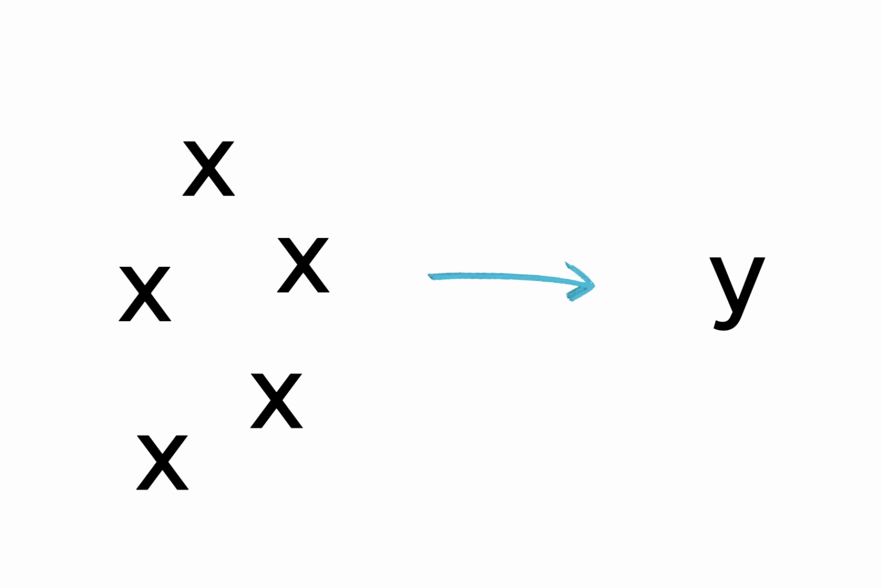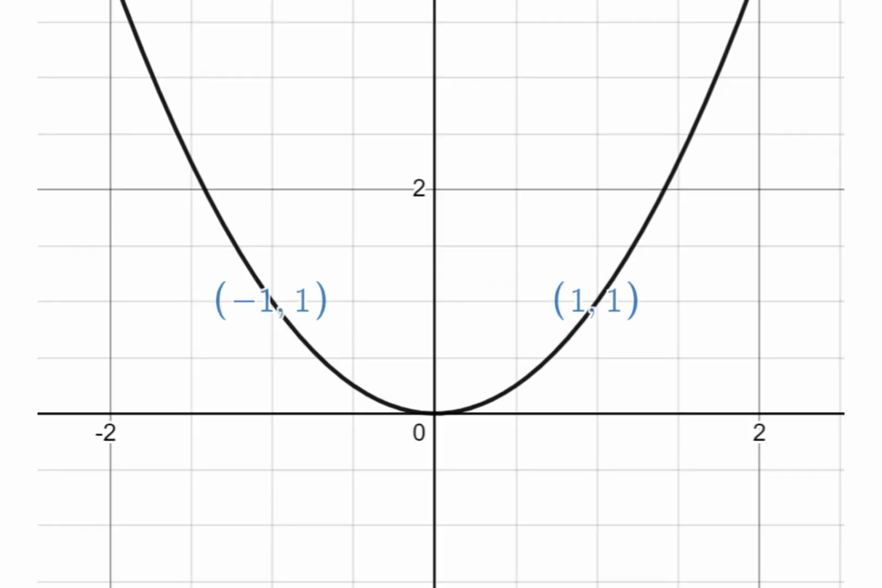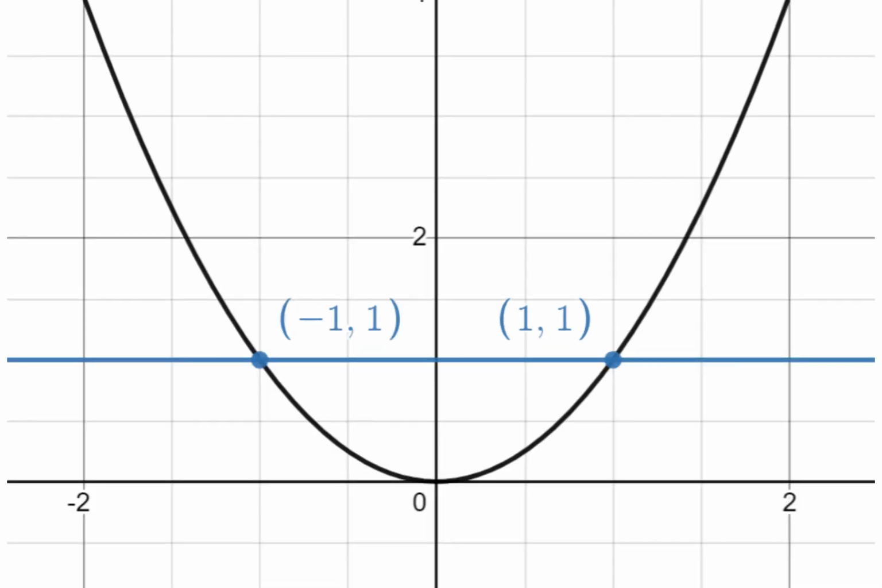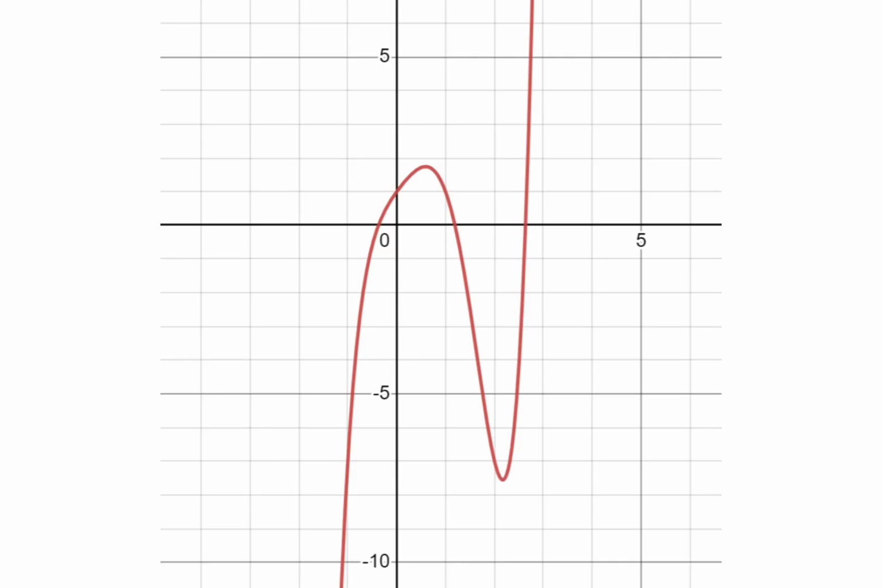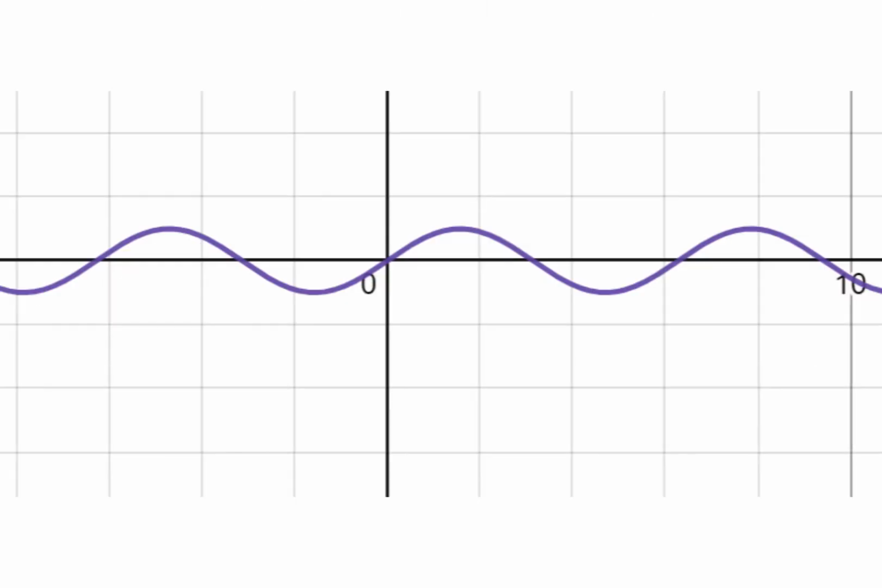Some functions can have multiple inputs for a single output. You might have seen the graph y equals x squared. On the graph, you can see that when x equals either 1 or negative 1, the y value, or the output, stays the same, 1. Knowing that, a lot of graphs can be considered functions, such as this graph, or this graph, or that graph,